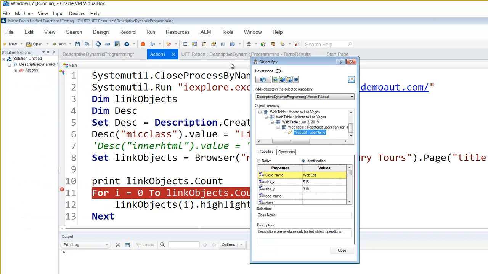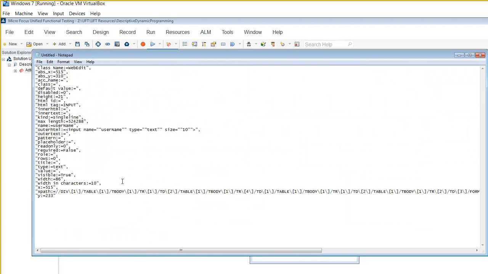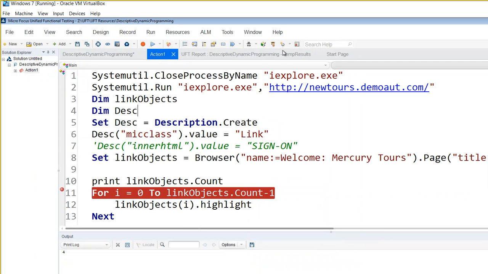I'm going to create description for this. Okay, so now what is the class name? Web edit, right? Now you go there, you put web edit. Okay, now if you run it,